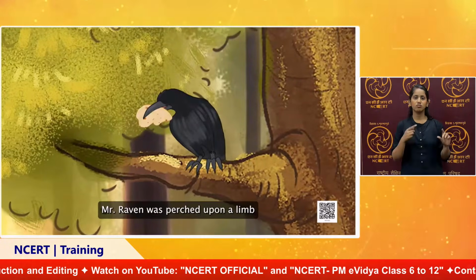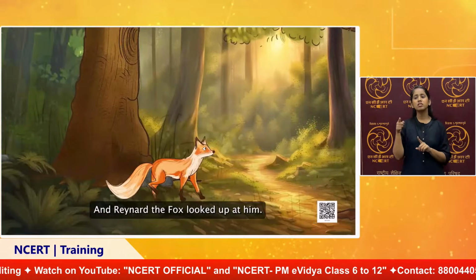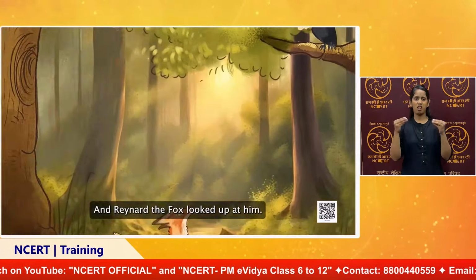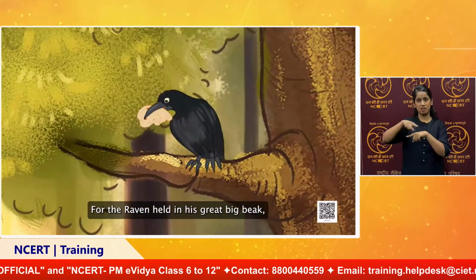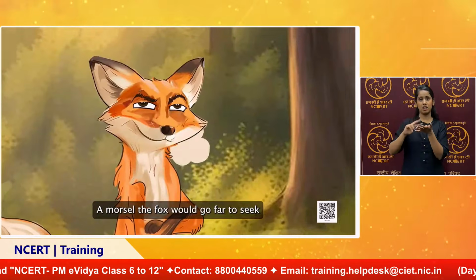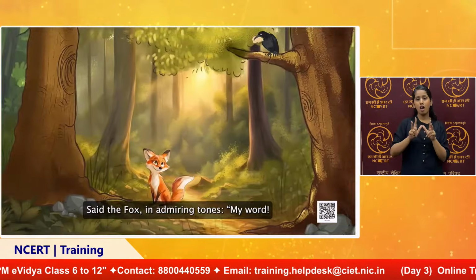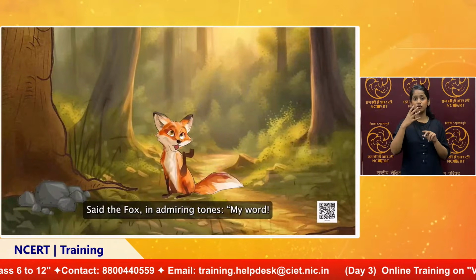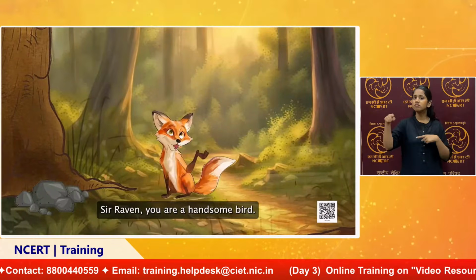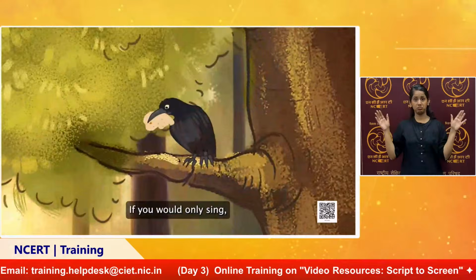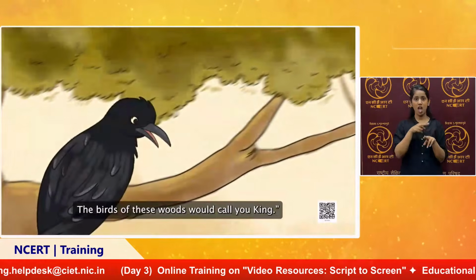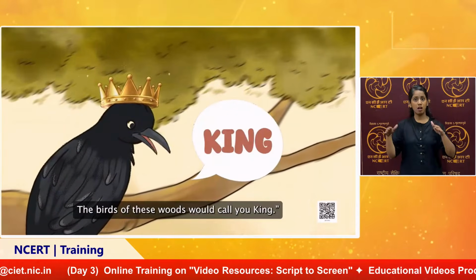Mr. Raven was perched upon a limb, and Reynard the fox looked up at him. For the raven held in his great big beak a morsel the fox would go far to seek. Said the fox in admiring tones, "My word, Sir Raven, you are a handsome bird. Such feathers! If you would only sing, the birds of these woods would call you king."